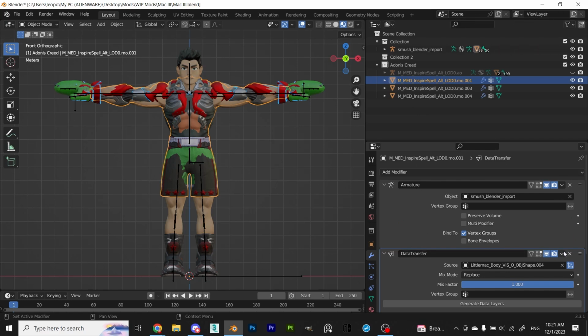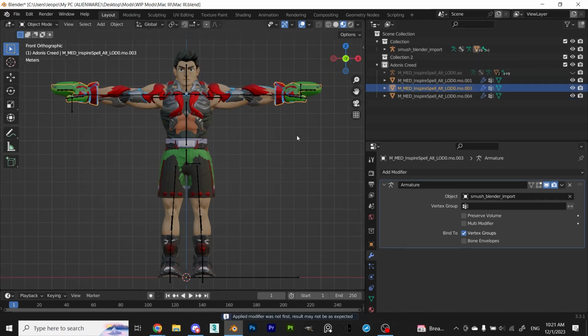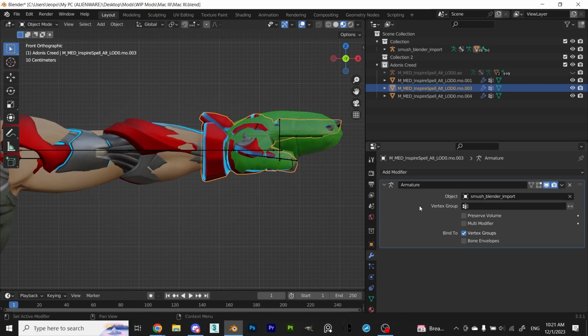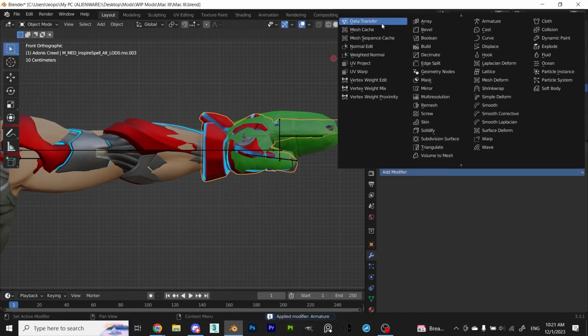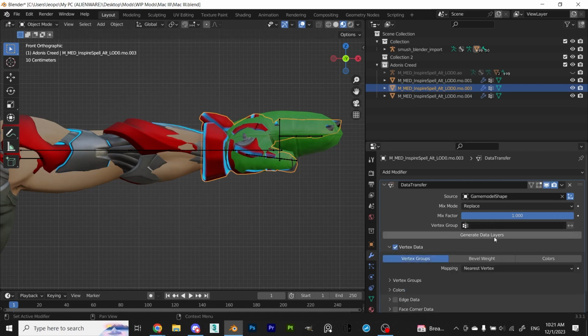And make sure to apply the modifier afterwards. Also, for some reason, I decided to apply the new armature modifier for the gloves and shoes. Yeah, don't do that. That was my mistake.